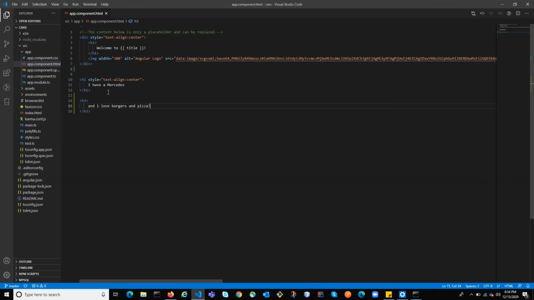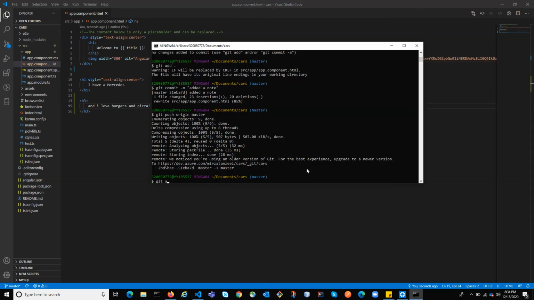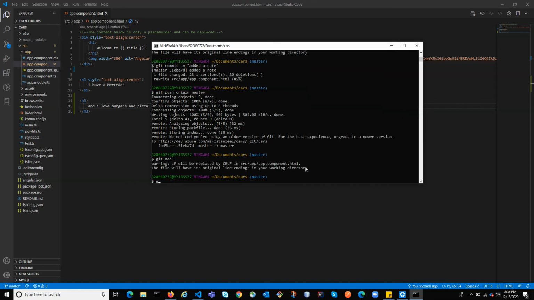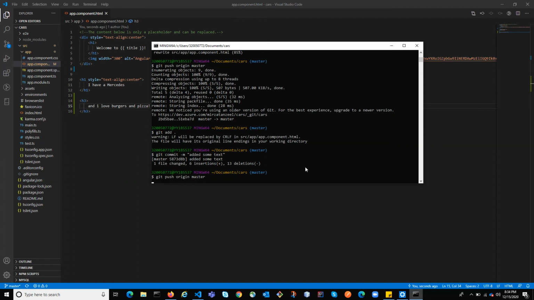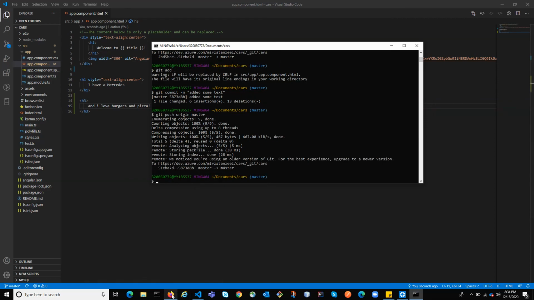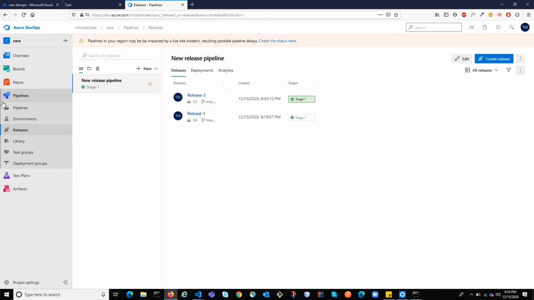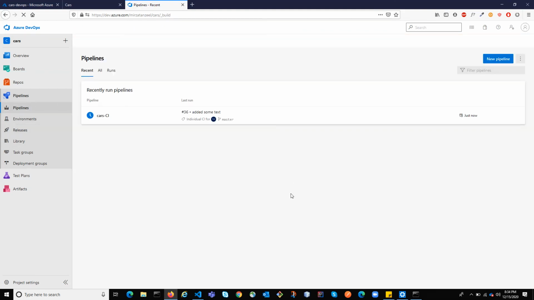I'll save the code, go back to git add, git commit, added some text, git push origin master, let it push. Once this is pushed, you can go back to pipelines, and in pipelines you will realize that, see here, it's